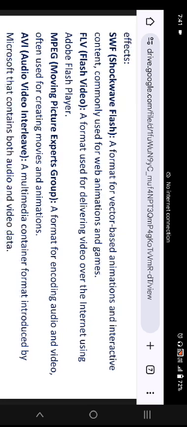And secondly, we have FLV, flash video, a format used for delivering video over the internet using Adobe Flash Player. And the next one is MPEG. It is Moving Picture Experts Group, a format for encoding audio and video often used for creating movies and animations. Next is AVI, Audio Video Interleave, a multimedia container format introduced